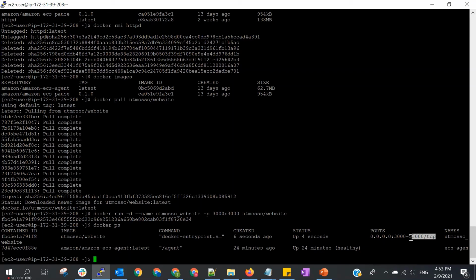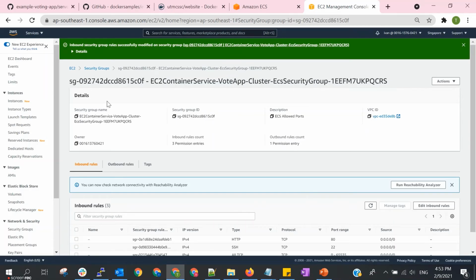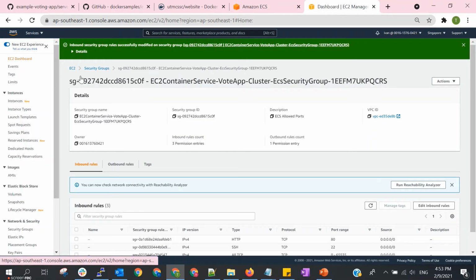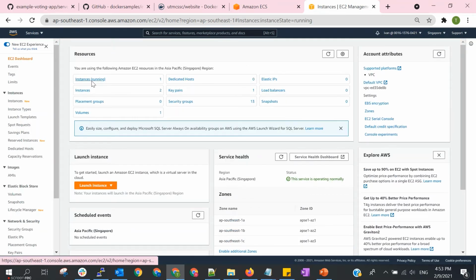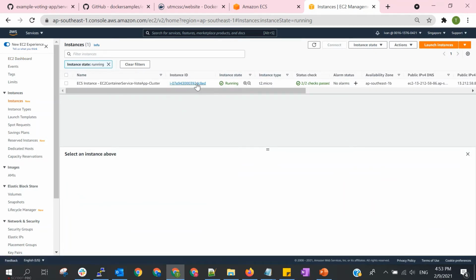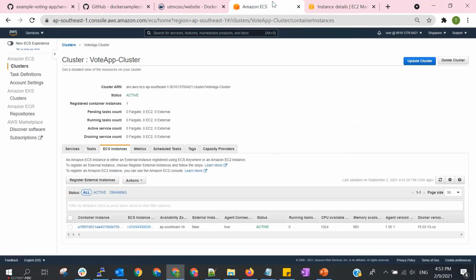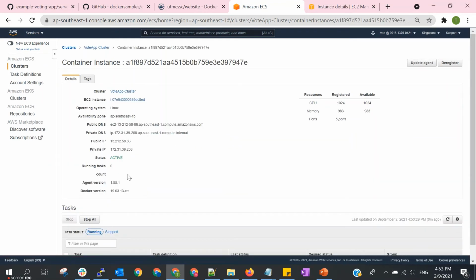So we can open this port. We can try to get our IP first, our EC2. So this is our instance for ECS. Let's get the IP here. So you can also, I think, find here the container instance.